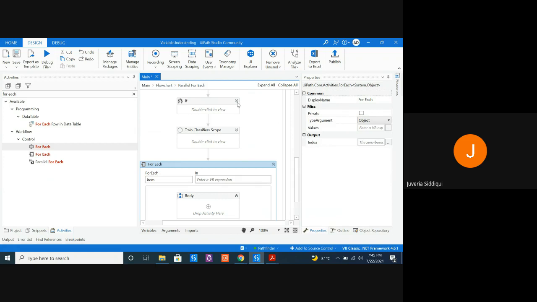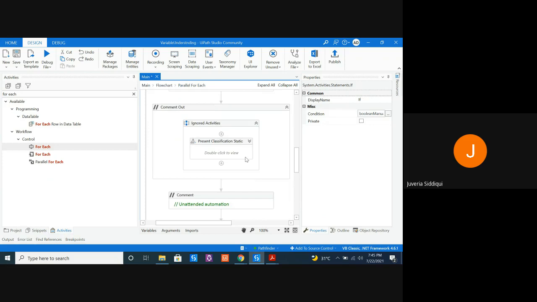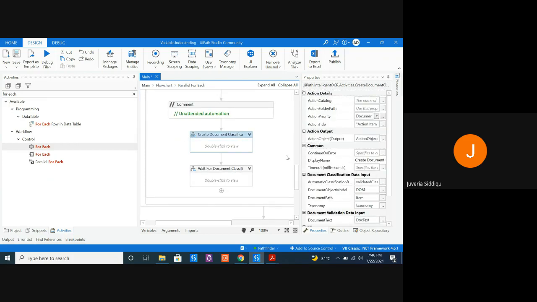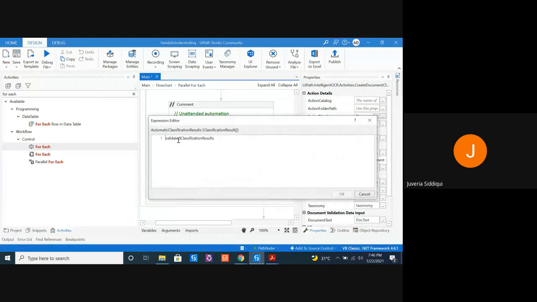So if you see, what we did is we classified and we validated it manually. And after validation, either through attended automation or through unattended automation, we changed our variable to validated classification result. That is also a classification result array, right? So this is the value that I'm going to use.